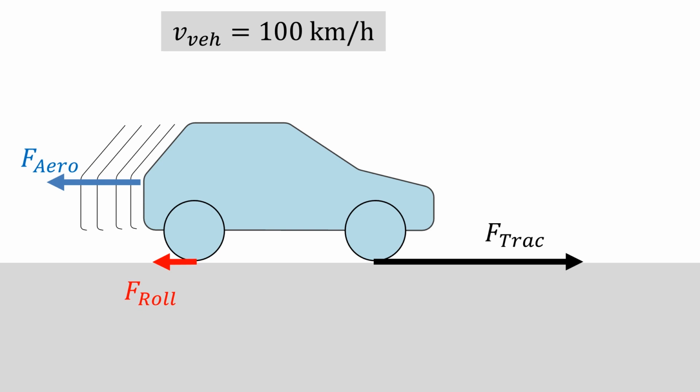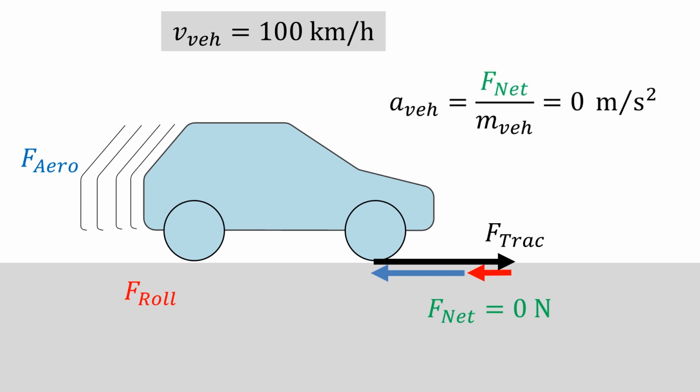Once we reach 100 km per hour, we want to stop accelerating and instead keep the speed at 100. Then the driver has to decrease the traction force, such that it is equal to the driving resistance forces, and the result is a net force equal to 0. And with no net force, the acceleration stops and then speed is constant. Notice that the traction force is not set to 0, but it has to be positive to balance the sum